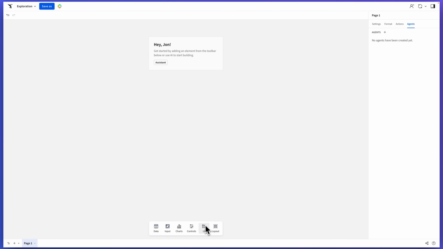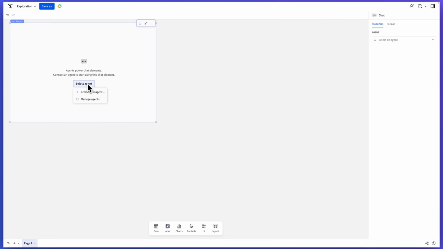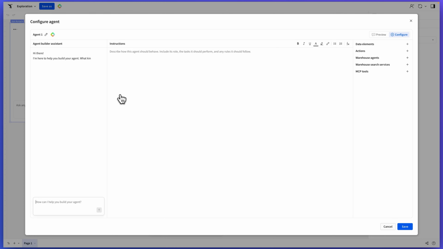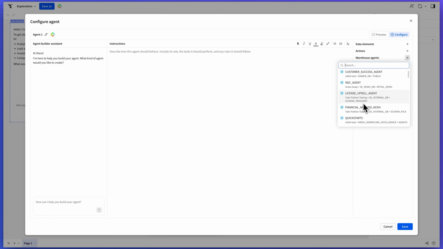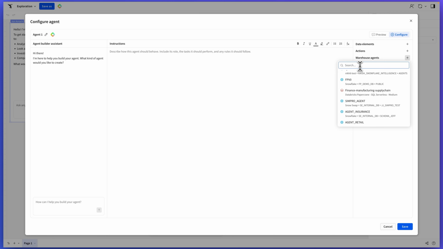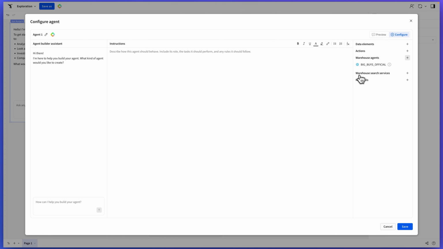In this video, I'm going to show you how you can create a Sigma agent that will talk to a warehouse agent. So we'll get started and we'll create a new agent. And on the right-hand side, you can add a warehouse agent, which includes Snowflake and Databricks agents. So we'll search for our Big Buys agent,